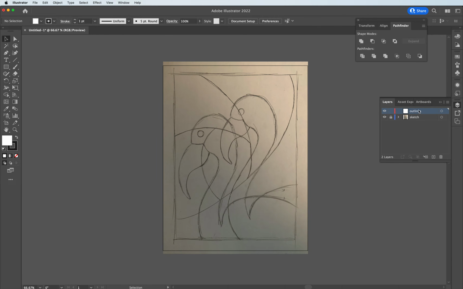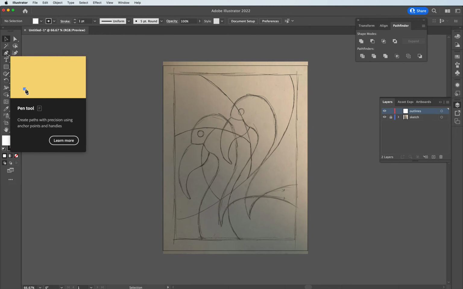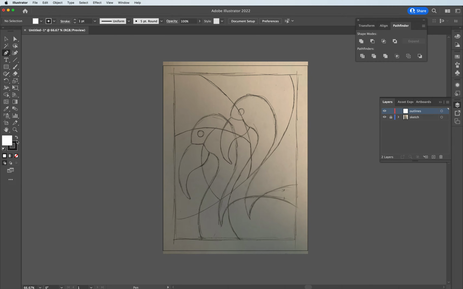With our outline layer selected, this is where most of our art is going to be going on. I'm going to go over to the left side navigation and choose out our pen tool. With the pen tool, it does show an example of how to get into modifying lines, how to create curves, or using straight lines to connect points. So you can see how you can click and drag through the example to build out curves. And you can always go back and modify it later on. But with the standard pen tool, we can use to start building out what we see with the